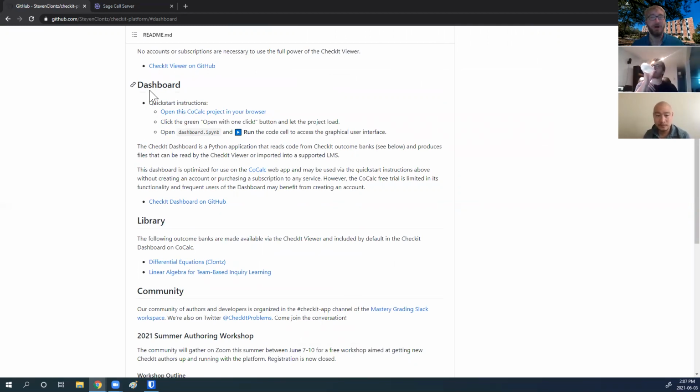Now, one of the design philosophies of CheckIt is that I want these apps to be usable without a lot of hard work. I don't even want people to have to create an account. I want these to be push button, ready to roll. And so if you just want to do something quick with the dashboard, you certainly could do this just by opening this CoCalc project right here,